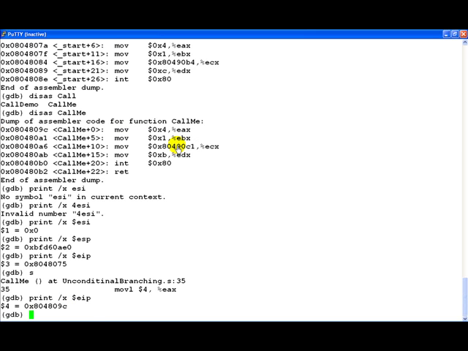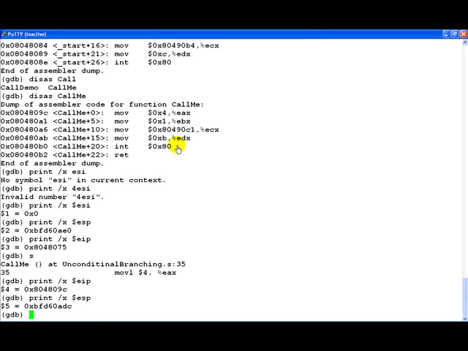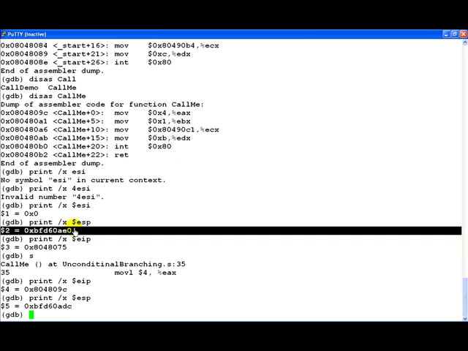An interesting thing to notice is that if we print the value of ESP right now, as you can clearly see, the value of ESP has changed.